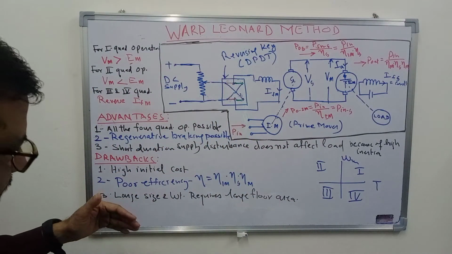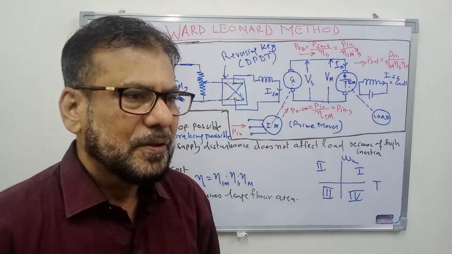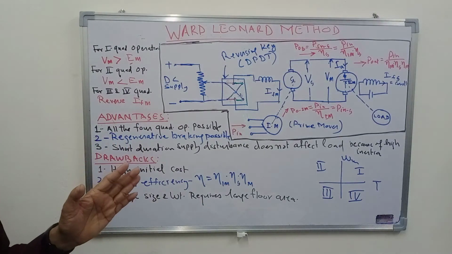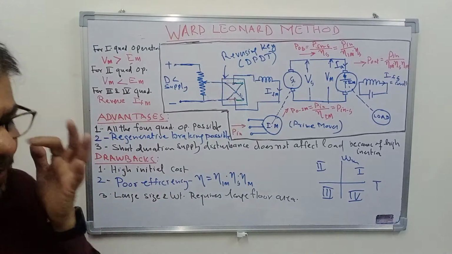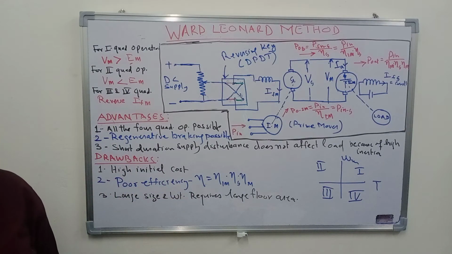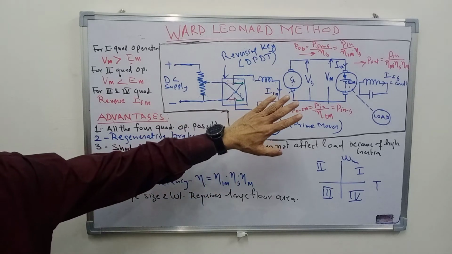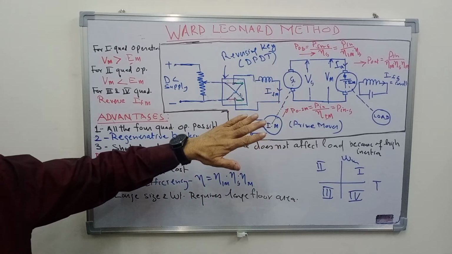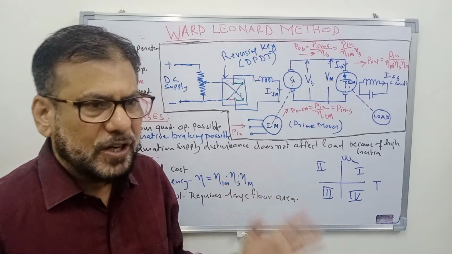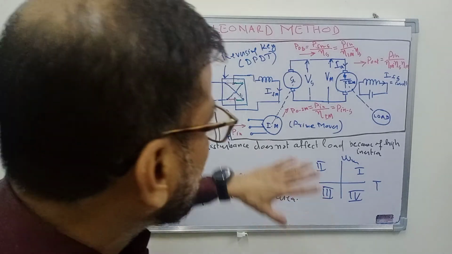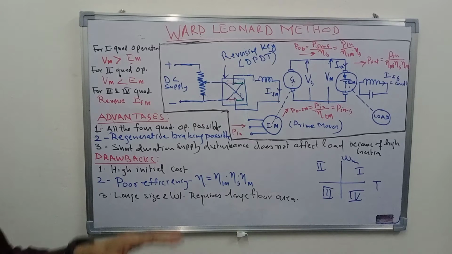So drawbacks are so high, you might think that why at all it is used. So in earlier days we did not have the power electronic converters for high power applications, so there was no other means of speed control in DC motor. So this was the only option. We had to use this scheme despite all these drawbacks. Whenever we required speed control of DC motor, we had to use this Ward-Leonard scheme of speed control of DC motor.